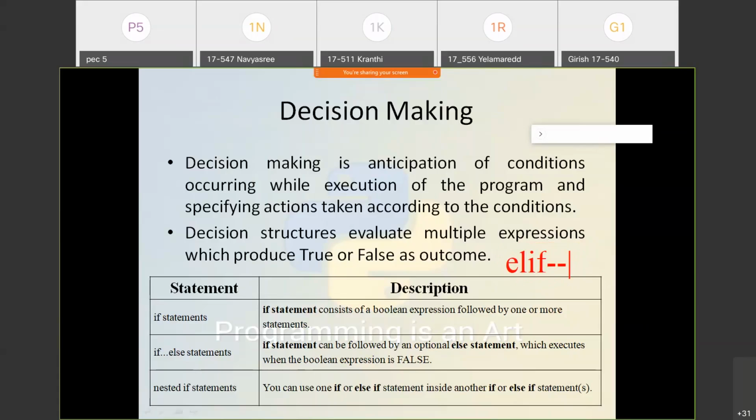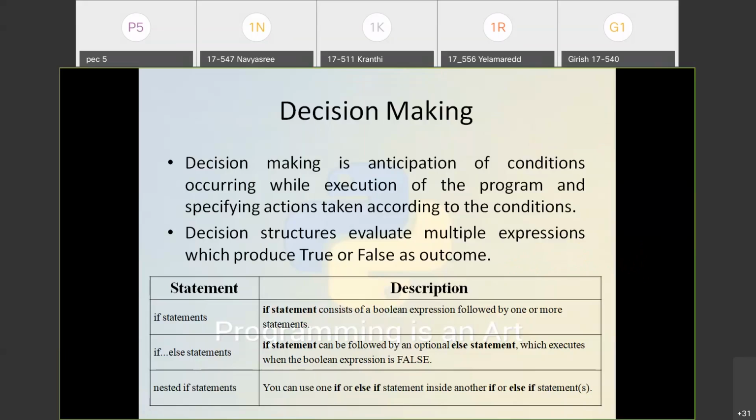This means else if only. In Python, the else if statement we will write as elif. It is similar to other programming languages' else if, but here we write elif.